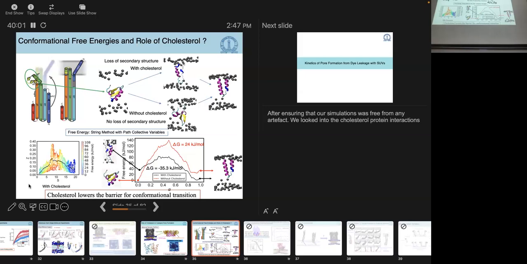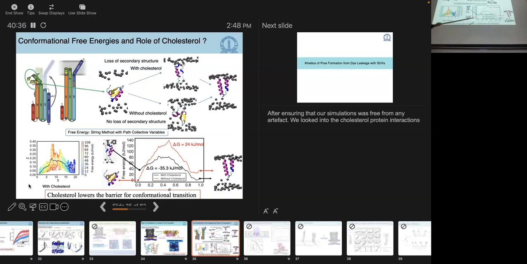Why don't we have a value at the reactants? I mean, we have one over here, right? And this is very weak here in this case. And here you do have it, right? If you look at this case here, this is the one end, which is that state there. So this is a nice minimum here. The other side is this one here. Yeah, so this is weaker because this is the case with cholesterol.